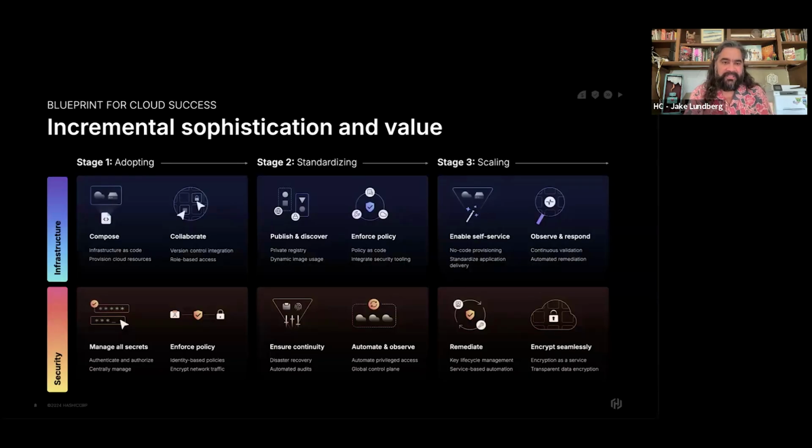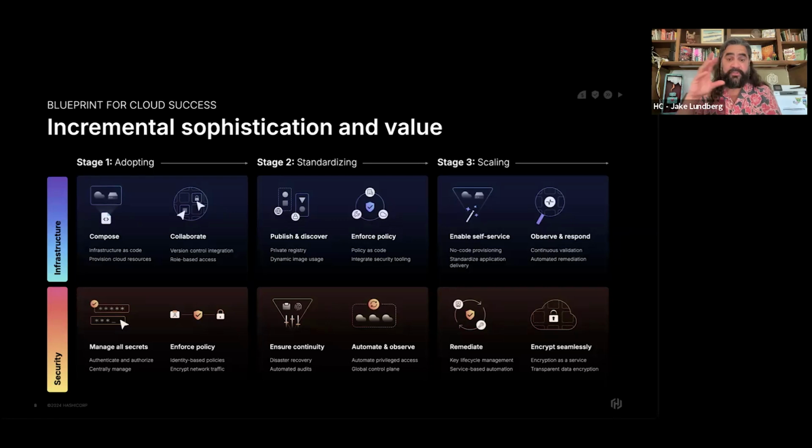So if we dig into the adoption journey of where most of our customers go, it is that ease of use, that crawl, walk, run. How do we experiment with the core assets, and then how do we migrate these things into a more collaborative space, both in the infrastructure and the security space? So allowing you to publish golden workflows with folks, applying things like policy or least privilege access across a global control plane. And then lastly, some of the more advanced use cases around no-code provisioning or self-service type